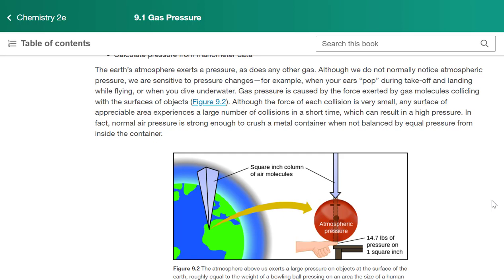Now, it might not seem like it's that bad, and the reason is that the pressure is stabilized. We have pressures on one side, pressures on the other side, and they kind of balance out. But if we were to apply a vacuum, we would see how much that pressure can actually do. This pressure in the atmosphere is because we have gas molecules flying about and colliding with surfaces. Each individual collision doesn't do a whole lot in terms of pressure, but there are just a lot of them, and they build up.